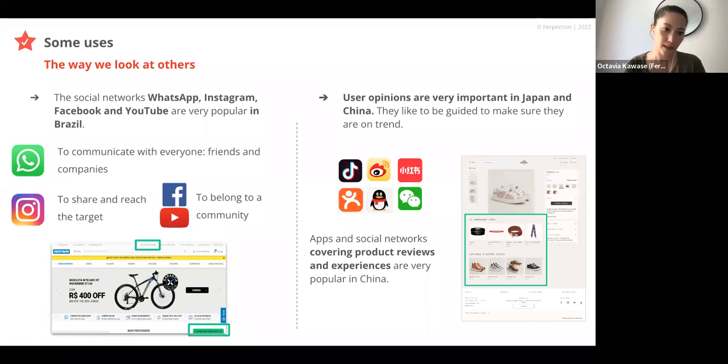We have an example here with the Decathlon website. The primary feature is to sell sports products, and it's the same, but we can see that the localization is to adapt secondary features such as buying through WhatsApp or communicating through WhatsApp on the Decathlon website in Brazil. Also, Instagram is important to use if you want to reach a target because